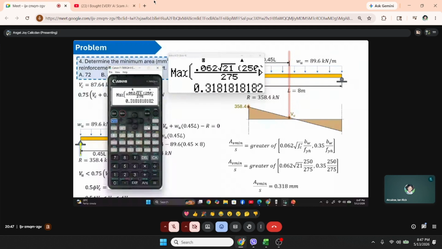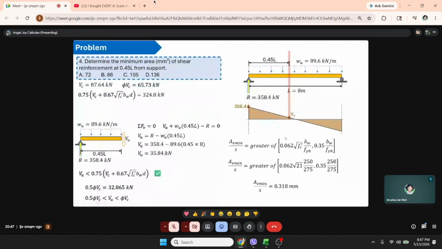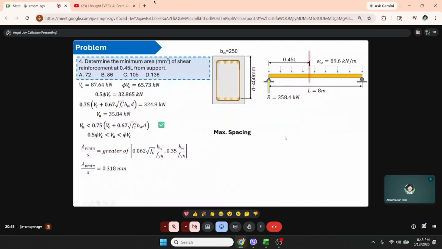Point 318. So, since the Vu is less than the Vc,